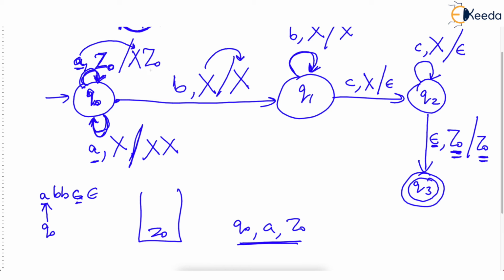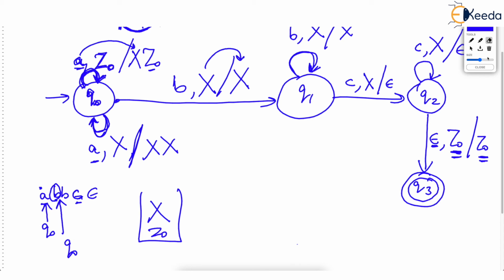What are we doing? We are saving that Z0, but on top we are pushing X. That means we have saved this A in the form of X. And the important thing is we stay in Q0 state. We don't move anywhere. So we are still in Q0 state and now Q0 is reading this B, the first B. So what's the configuration? Read it out before I write the configuration. In Q0 state, we are reading a B. And what is the top? Top is X. See this?